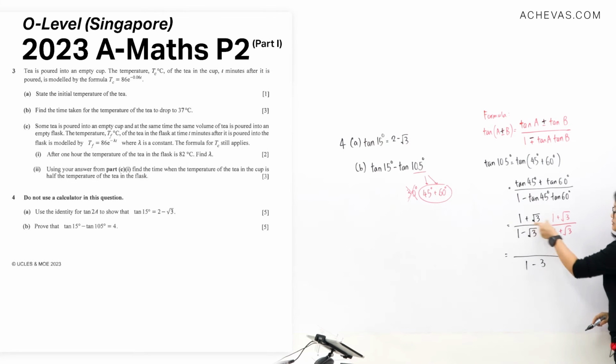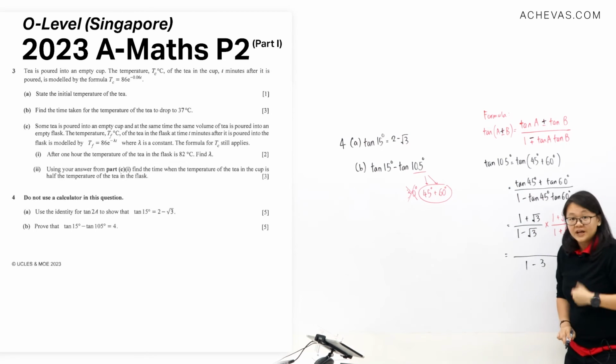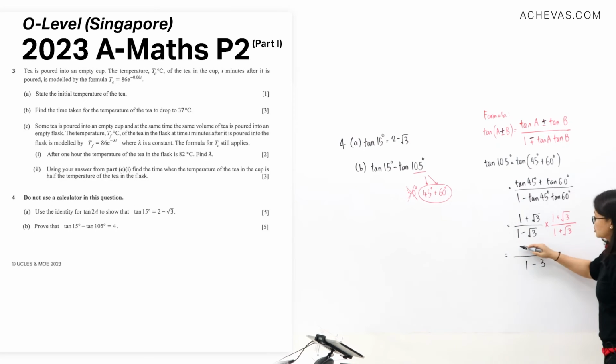Then the top here is the same thing multiplied together. I'm going to make use of a squared plus 2ab plus b squared. So squaring the first number, which is 1, center will be double of this √3, so it's 2√3, and square of this will be 3. So next line here, adding 1 and 3 will be 4 plus 2√3 divided by 1 minus 3,